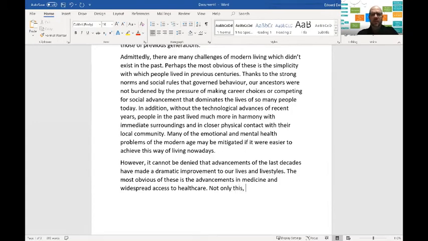Not only this, rapid the wealth generated by trade